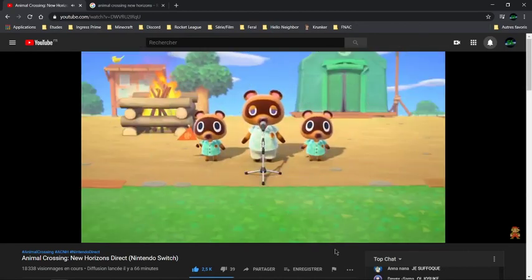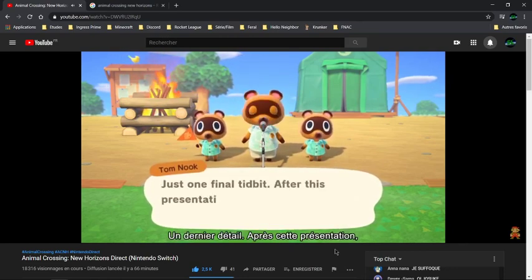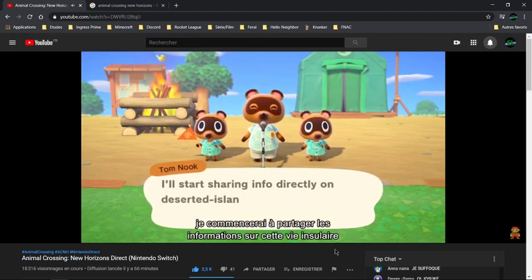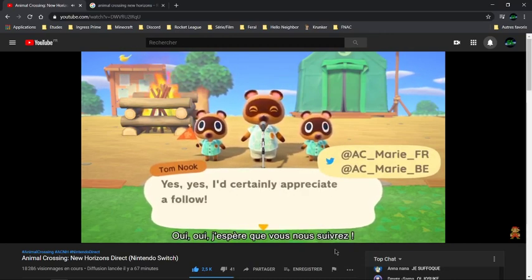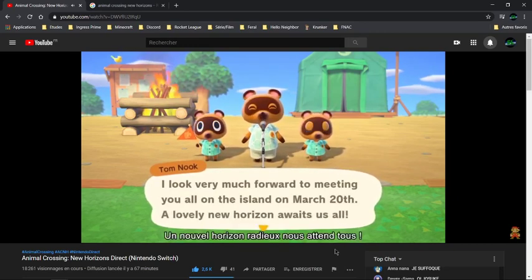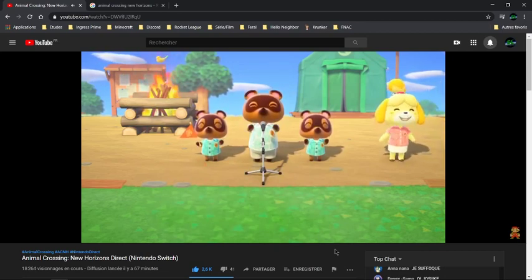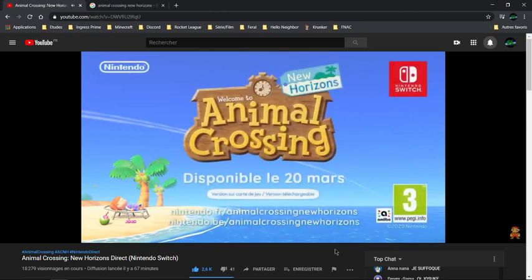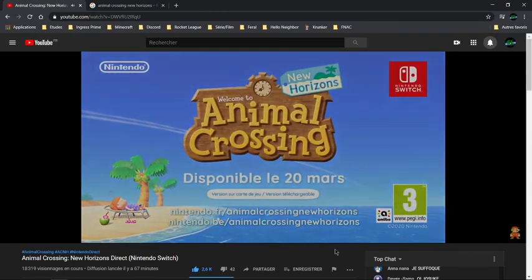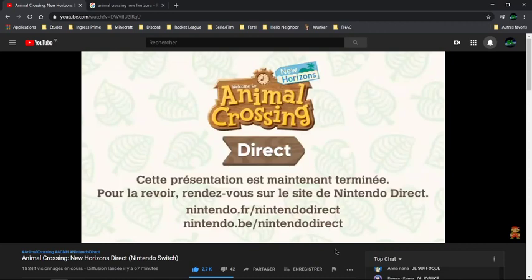Ils ont oublié le Canada. Ouah, non mais... je suis pressé de ouf là. Ils l'ont pas oublié, heureusement. Je viens de prendre un choc là. On peut carrément modifier son île comme on veut. C'est un truc de malade. Voilà, non, là je suis...